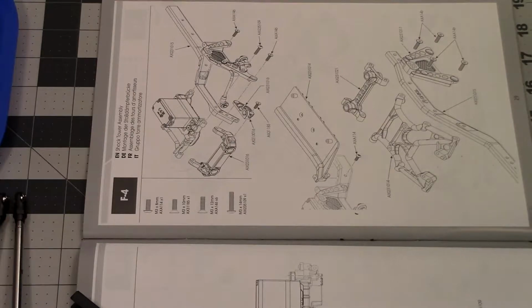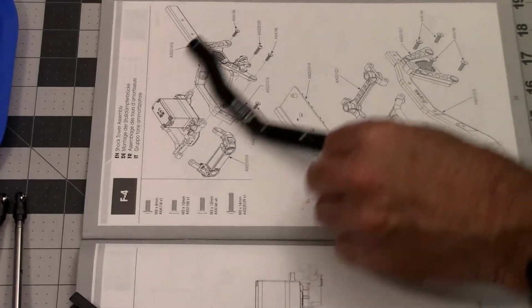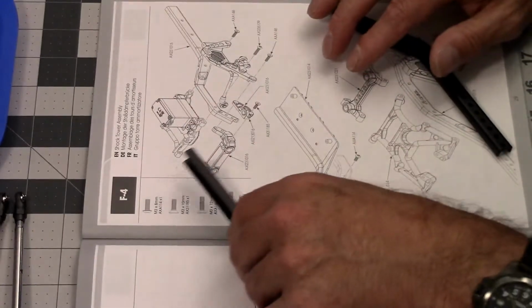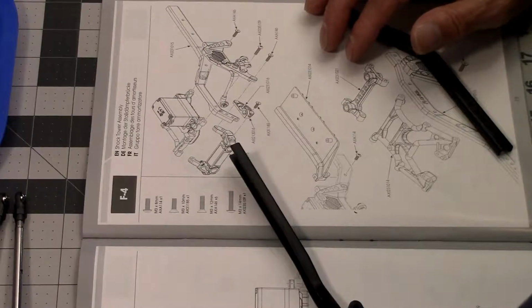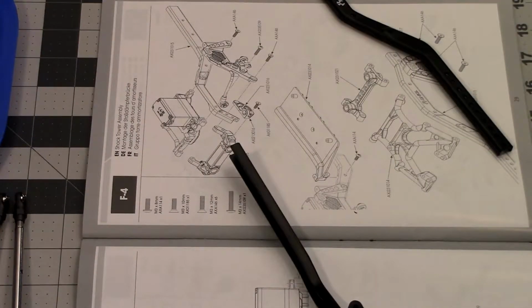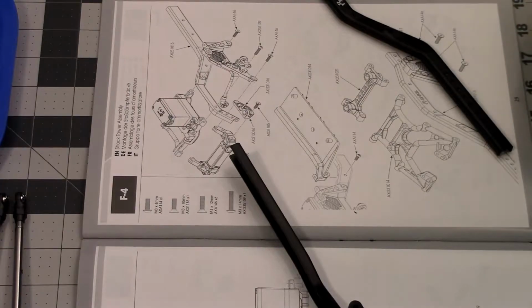And we need this guy. Oh, can't set him aside just yet. What is 114? 8mm button head. And